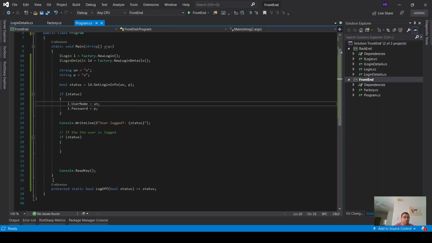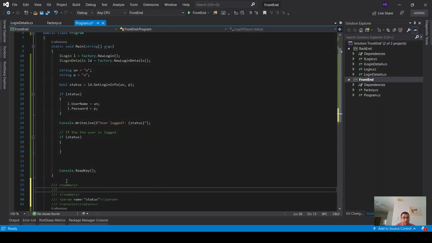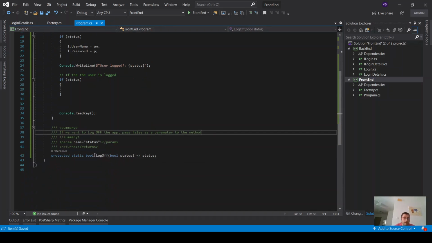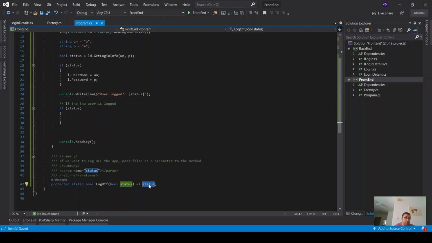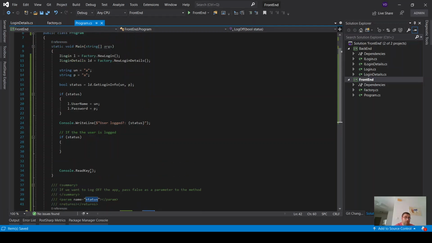All right, and if we want to log off the app, pass false as a parameter to the method. Okay, so basically we have this method log off, which is going to pass off to the status. So basically we're going to return a new status information, which is going to be off. So put it this way. Now we said that the status right here at this point returns true, right? But if I